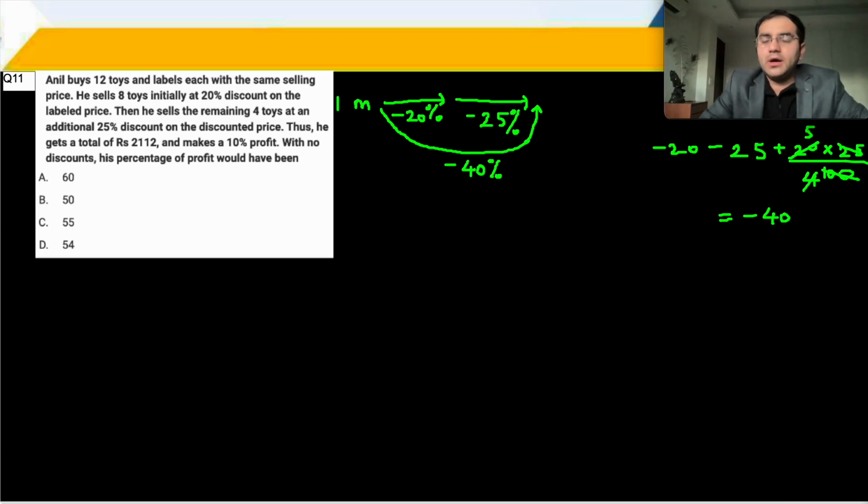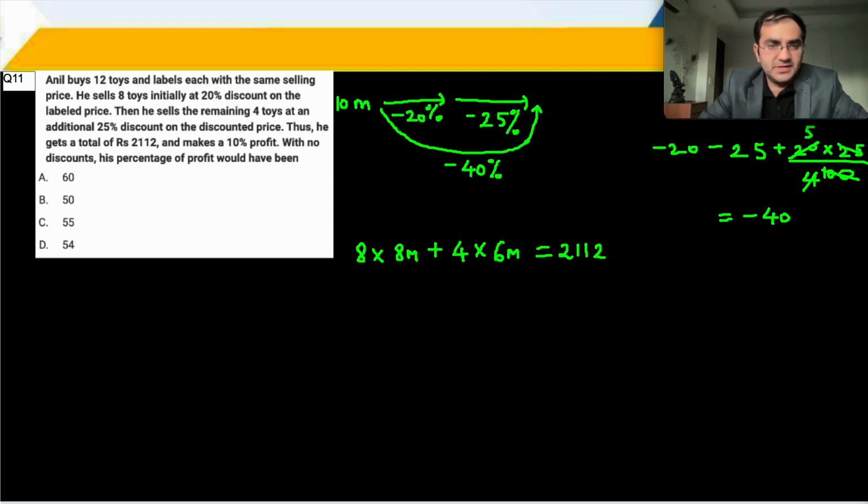And now in order to avoid decimals, let me take marked price per product as 10M actually. Okay, now 8 articles sold at 20% discount, 10M reduced by 20% becomes 8M, and the remaining 4 articles at 40% discount become 6M, have now been sold for 2112